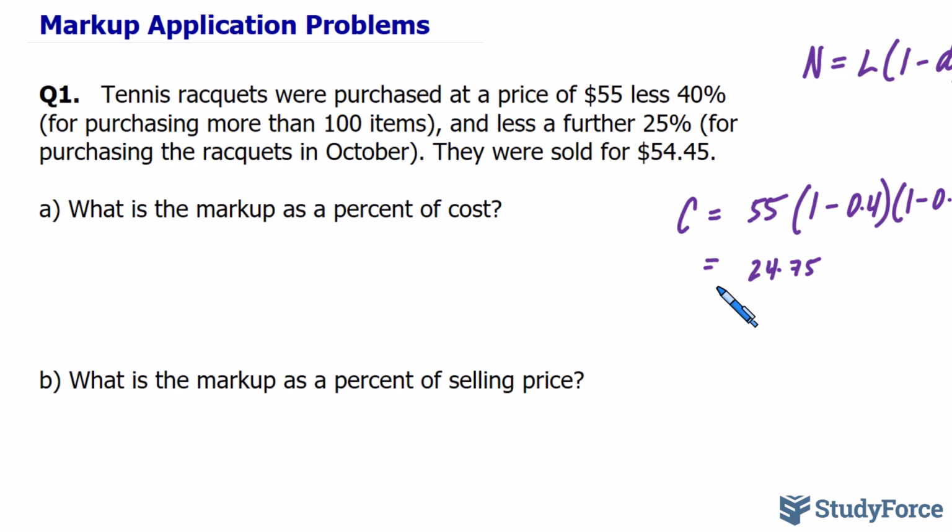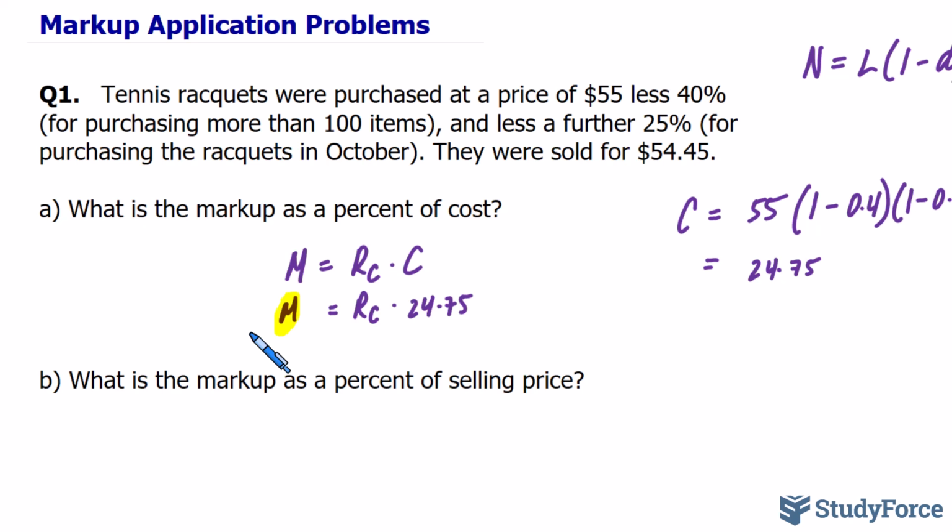of cost? So to calculate the markup, we'll say that M is equal to a rate of markup based on cost, which we'll call R sub C, multiplied to the cost itself, which is $24.75. We'll just write down C for now. So in other words, the markup is a portion of the cost, and we're looking for that rate. So M is equal to what we're looking for, which is the percent of markup, R sub C, times $24.75. Now, as you can see, in order for us to find R sub C, we actually need to know the